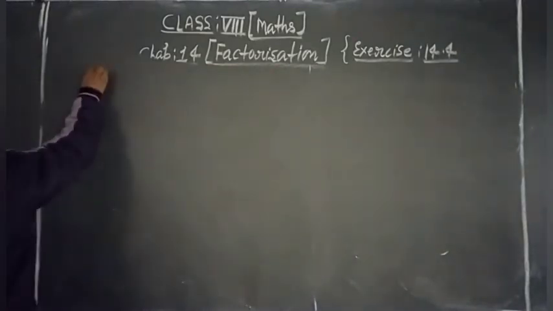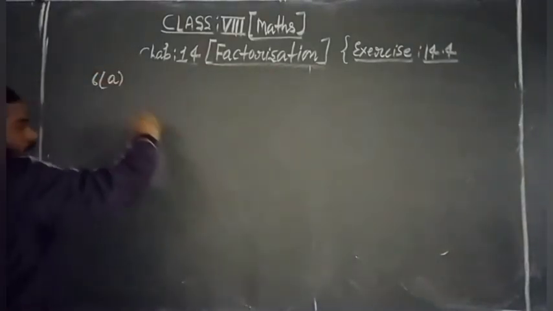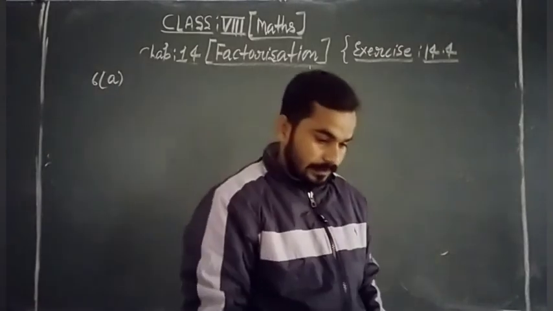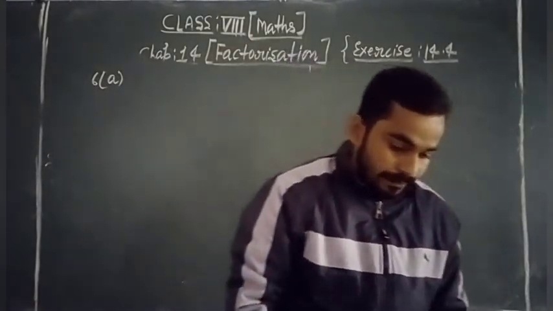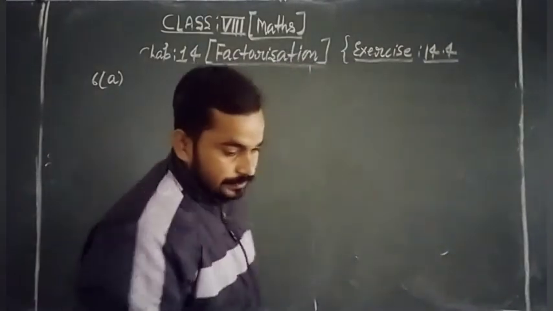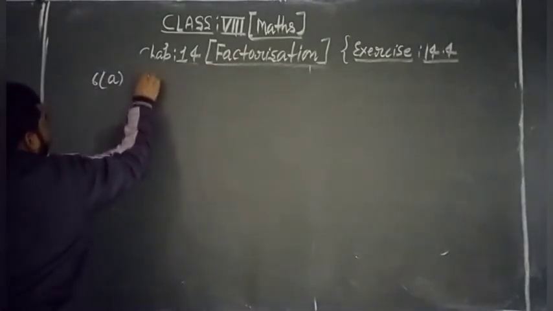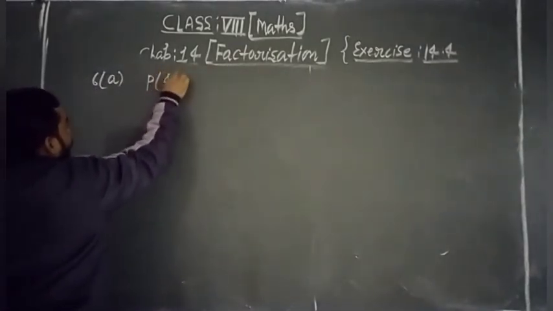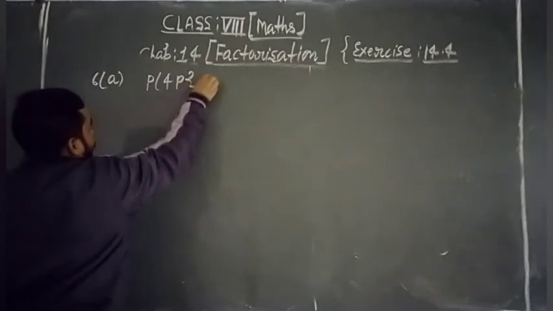Question number 6, part A: p(4p square minus 16)